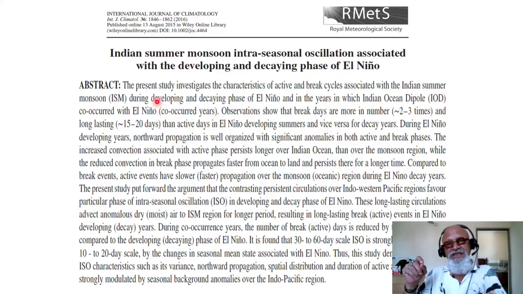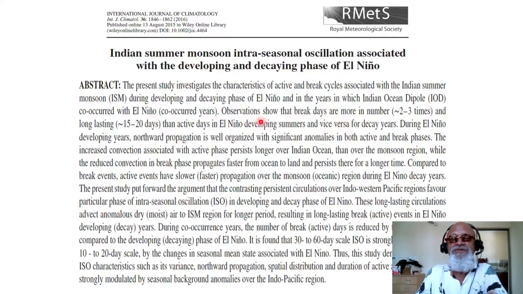Intraseasonal oscillation can also mean monsoon intraseasonal oscillation, which is the propagating part from the deep tropics into the Bay of Bengal, which then produces low pressure systems, but they are closely related to active break as well. So you can get into those details. I've discussed them elsewhere. The present study investigates the characteristics of active and break cycles associated with the Indian summer monsoon during developing and decaying phase of El Nino and in the years in which Indian Ocean dipole co-occurred with